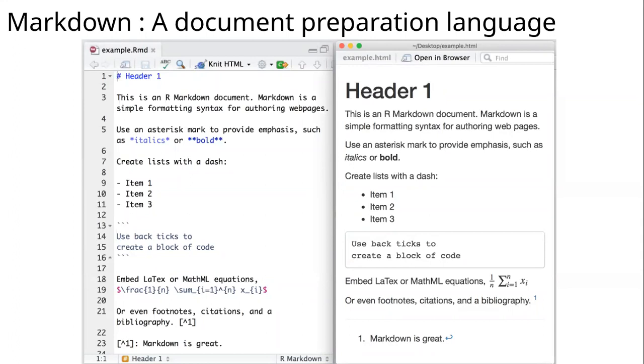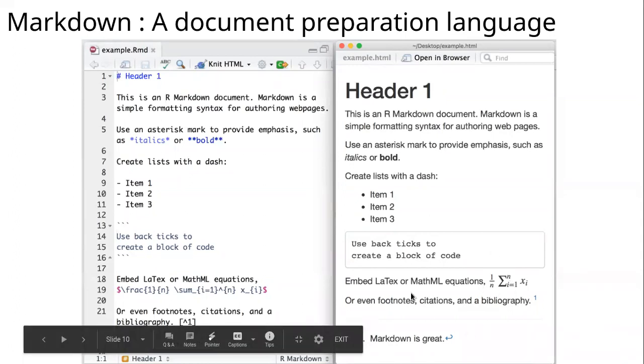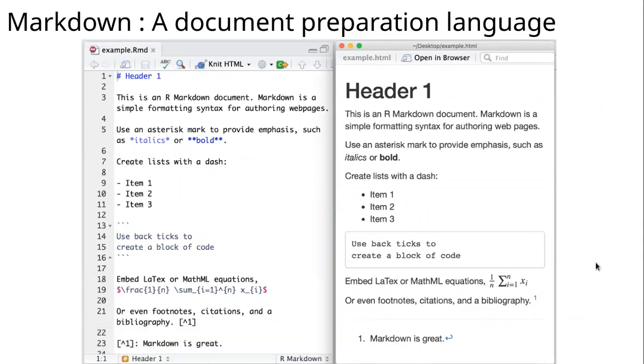And you can even do complicated things like equations in Markdown, and you can keep references in Markdown. Even in preparing a report for something, Markdown is a good language. But Markdown was also not created by GitHub. This is an independent